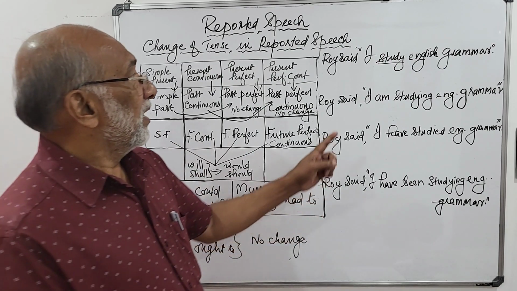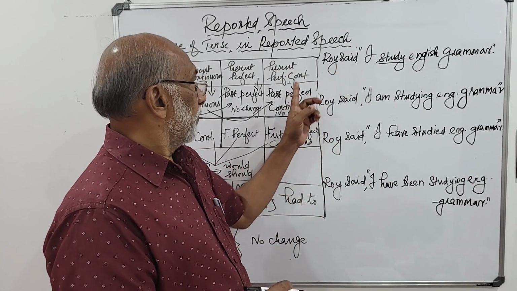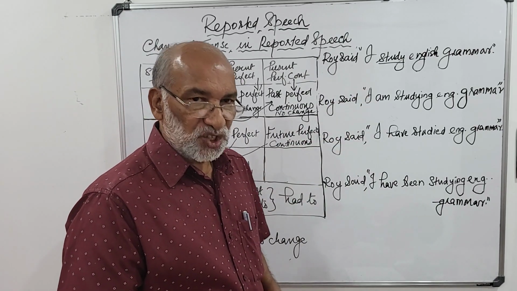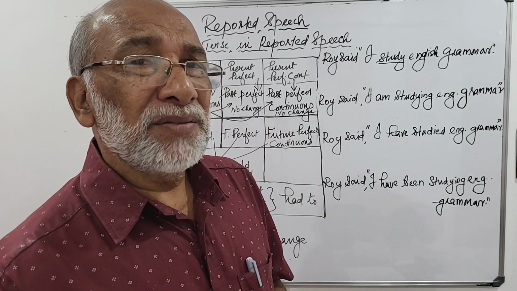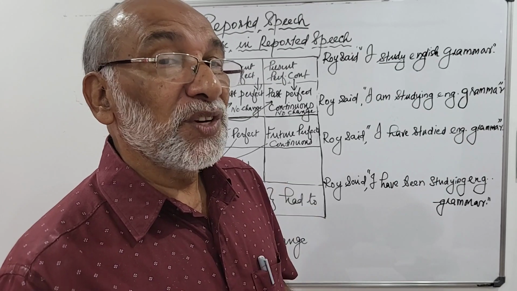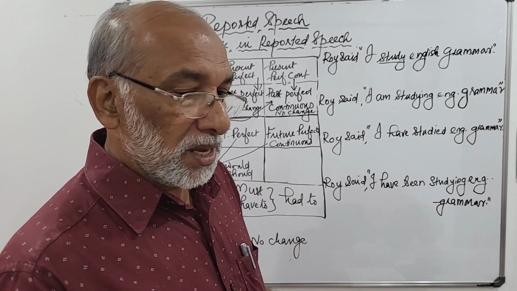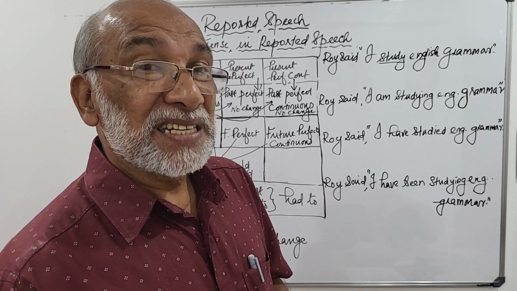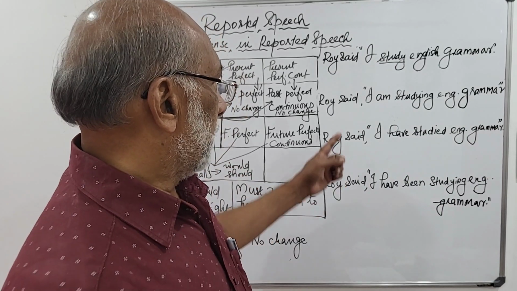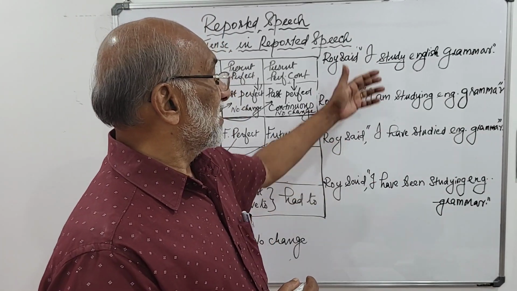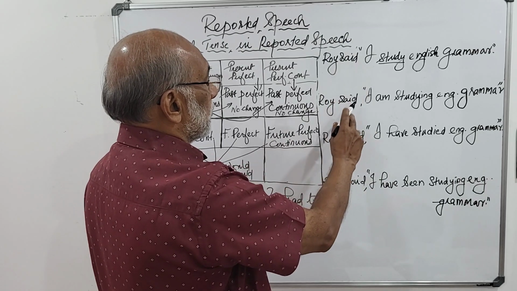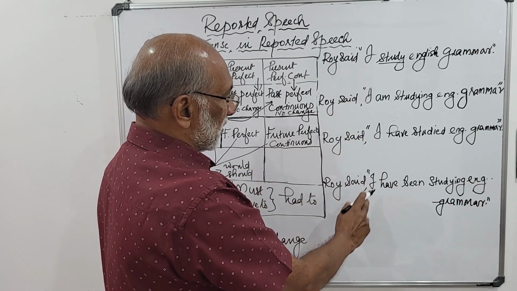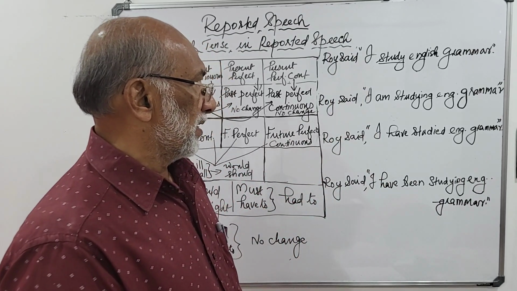Now let's see an example for present tense changes. Because I may not get enough time in this video to complete the entire process, so I'll wind it up with present tense today. Let's see. I have written four sentences in present tense: simple present, present continuous, present perfect, and present perfect continuous. Let's see what